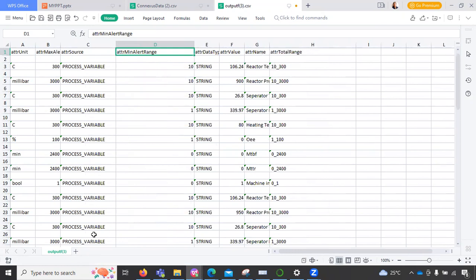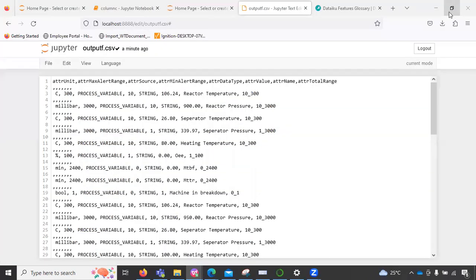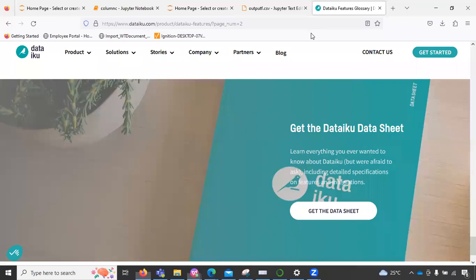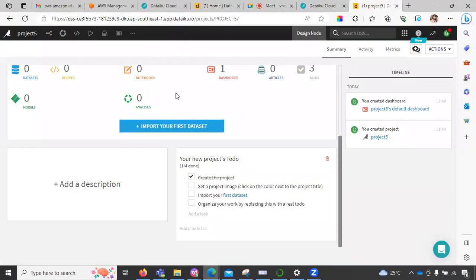So these are the attributes, whatever input I want, that I have got now. Once I got this input, I can apply it on this DataIQ tool. I will now show you where we upload the data. After logging in to DataIQ, I want to upload the